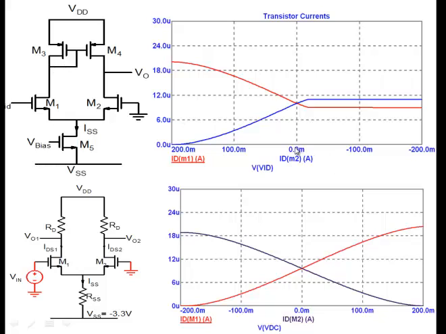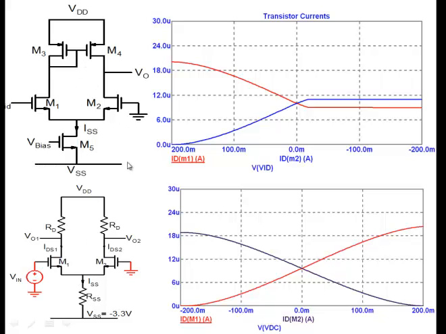There's a slight mistake here: the positive axis is on the left hand side, negative axis is on the right hand side. Okay, so keep that in mind. What happens is when I make VID positive, there is a current switching. When you make VID positive, current in M1 starts increasing, current in M2 starts decreasing, just like here. But when you make VID negative, there's no current switching. Currents in the two are almost the same. All right, so this is a big difference between these two